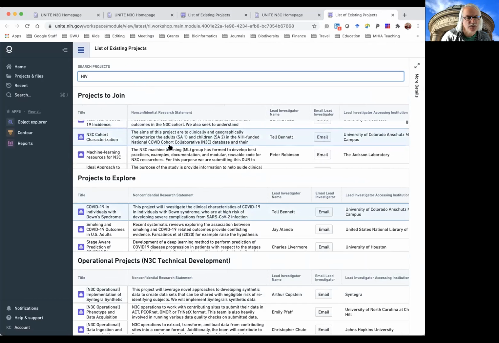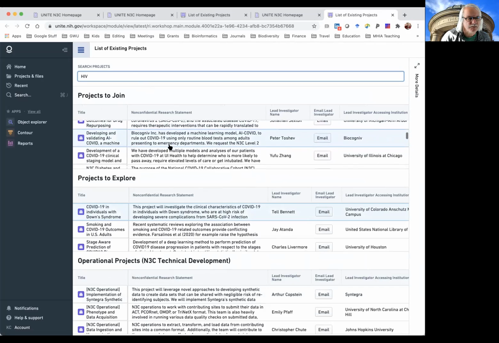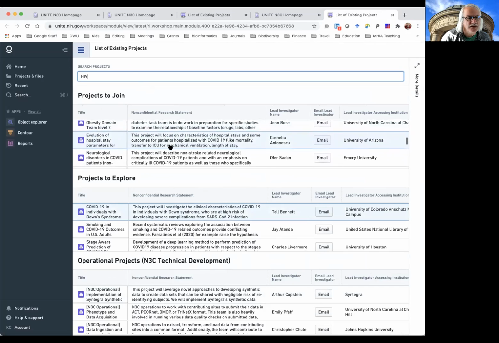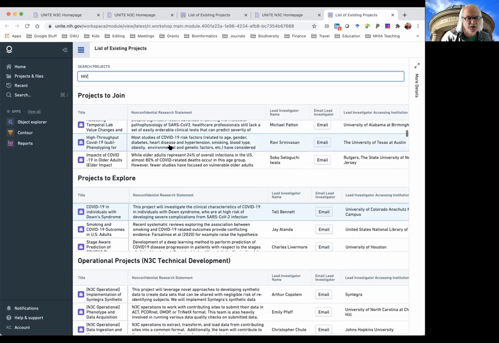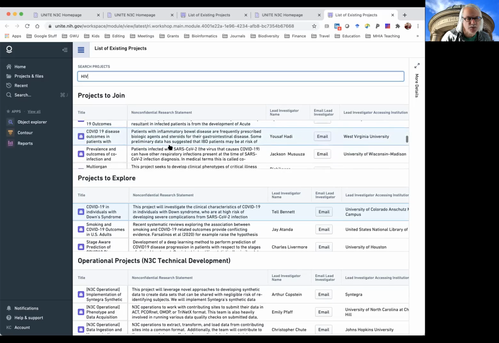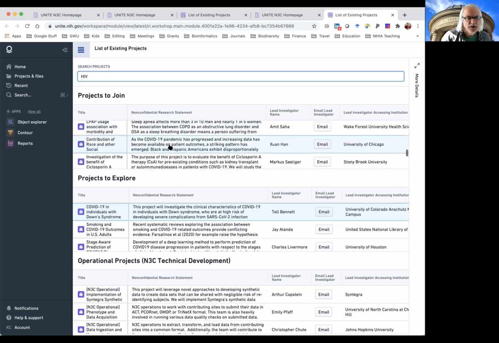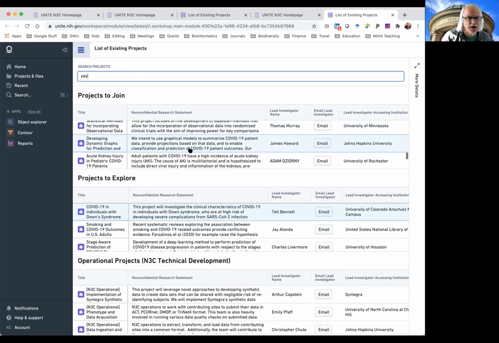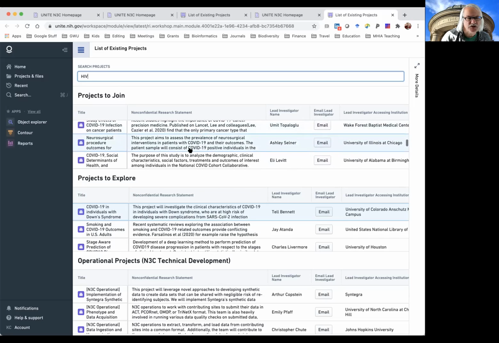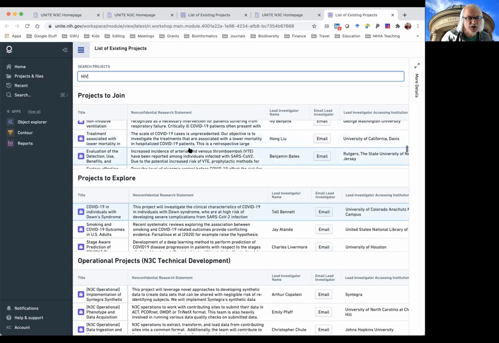And so you can see what other people are up to with respect to HIV and decide whether those look interesting and whether they're allowing you to join such projects, or if you want to do your own project. So let's go back and look and say, okay, I've looked through the projects. I know what's going on. I actually want to do something different. And so what we're going to do is